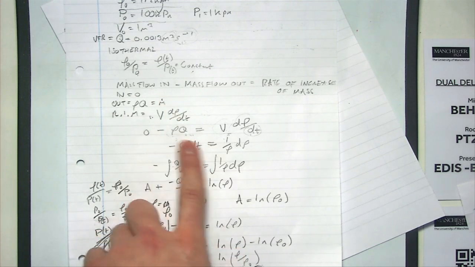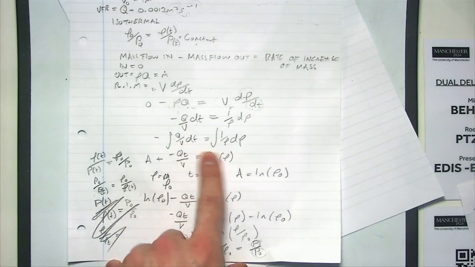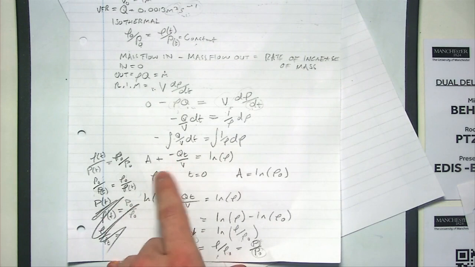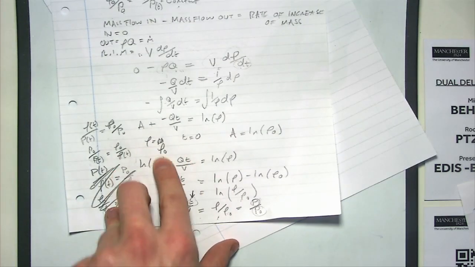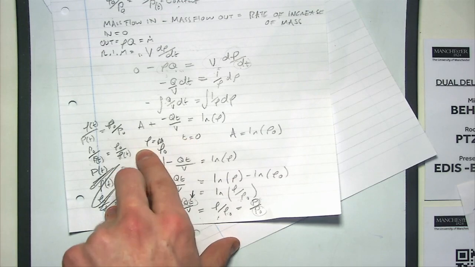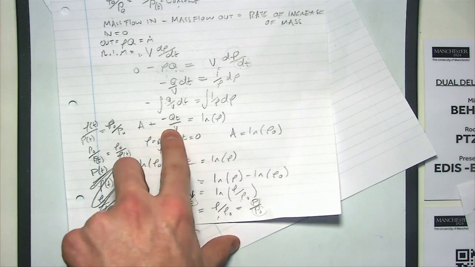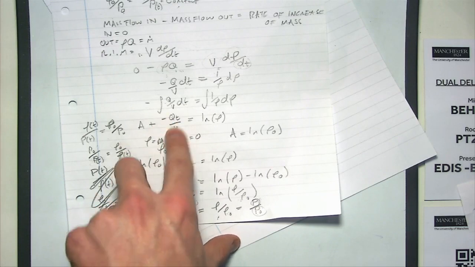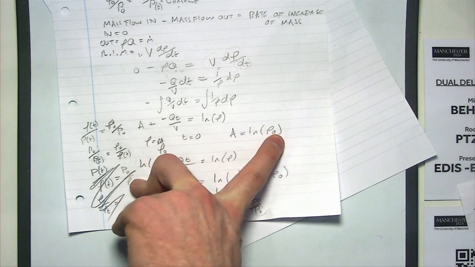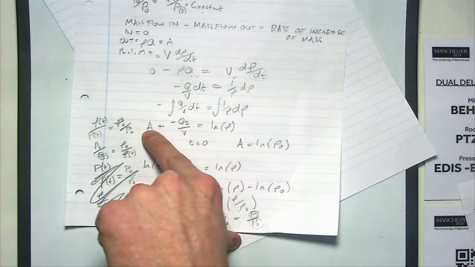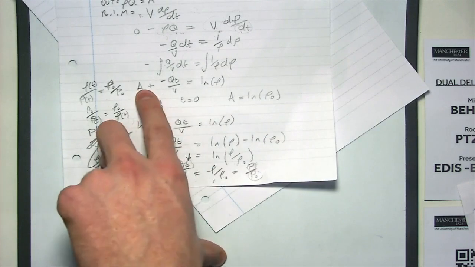So I wrote that equation out, rearranged it, and we did some integration. Remember, that's arbitrary integration with no limits, so we got a constant out of it. To figure out the constant, we asked what the equation looks like when density equals the original density at time equals 0. That made this little bit cancel out because it's got a t in it, and t equals 0, and this ln goes to rho 0. So we can safely say that our constant a is equal to ln rho 0. Then I put that back into this equation. So I said